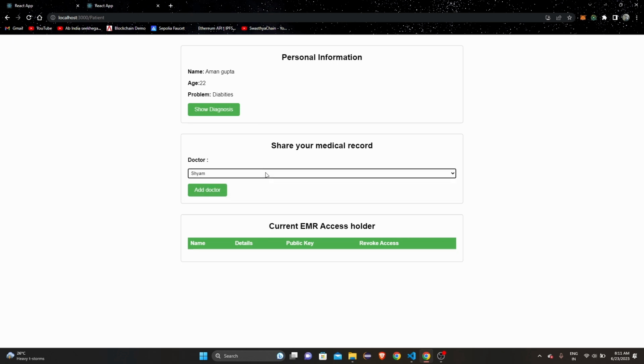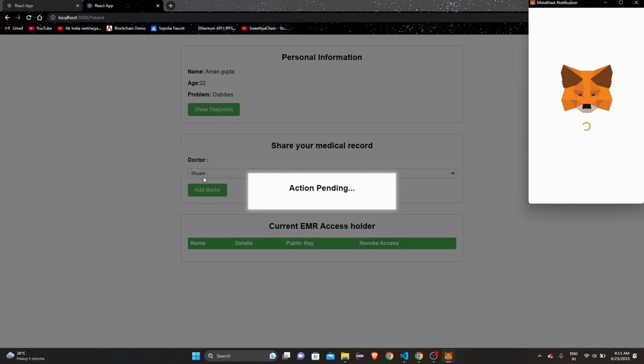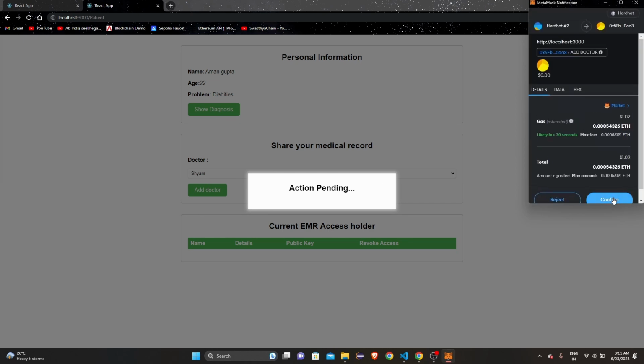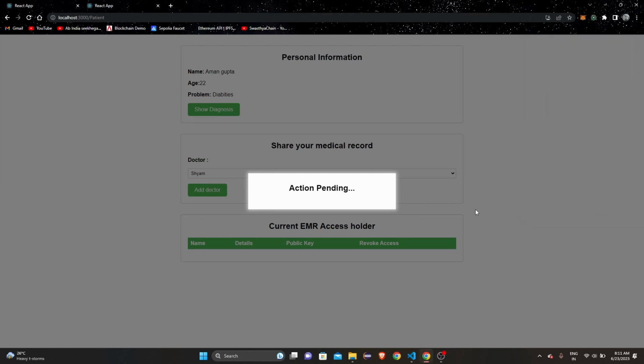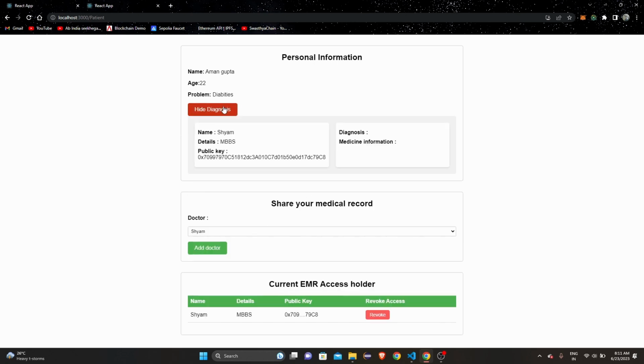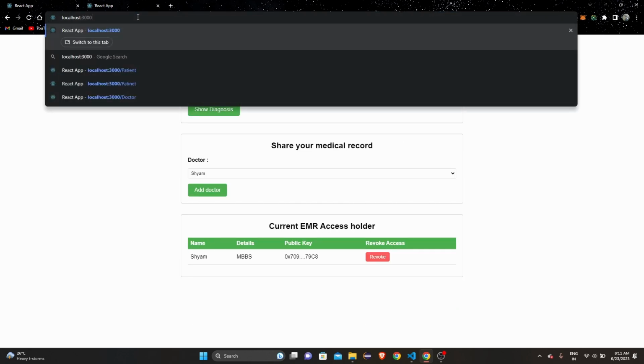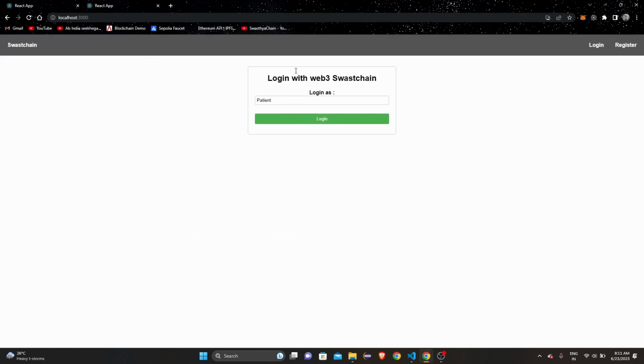You can add a doctor here by clicking on add doctor, and here it will add Sham doctor. So let's hit confirm. Yeah, as you can see, the action is confirmed, and now the current EMR status shows Sham, and here you can see Sham has not yet given a diagnosis. So let's log in as Sham to give this patient some diagnosis and